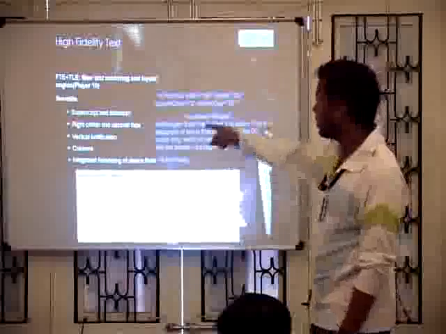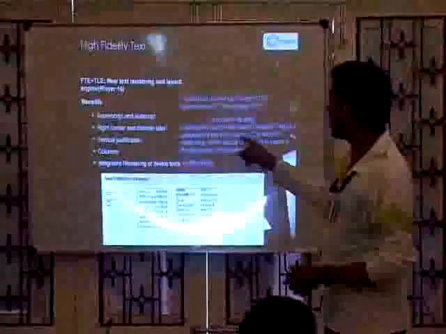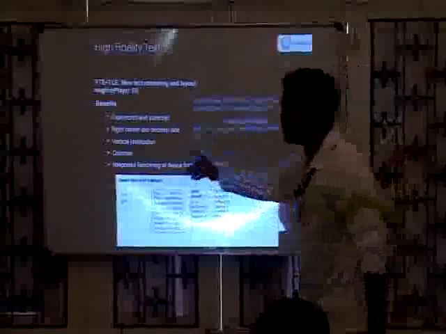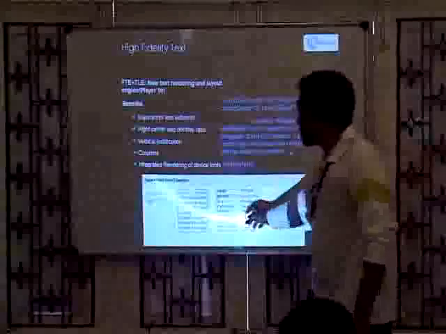The superscript and subscript support, right, center and decimal tabs, vertical justification like this, and columns like this, and integrated render